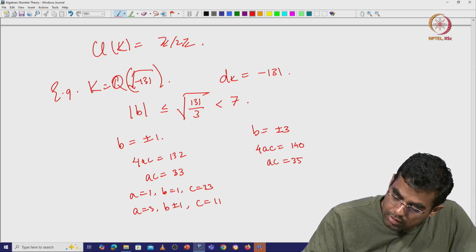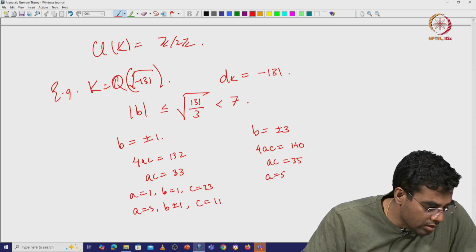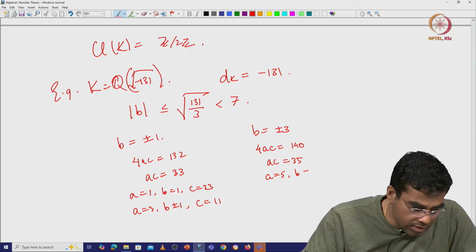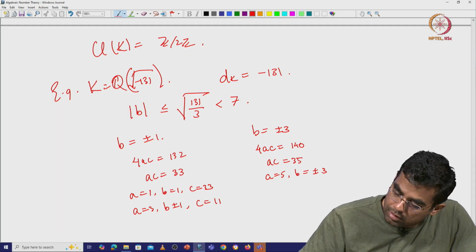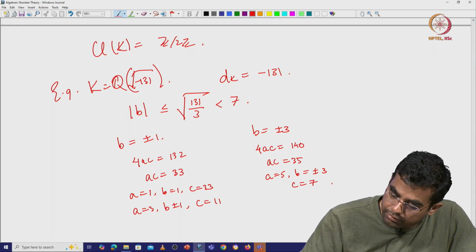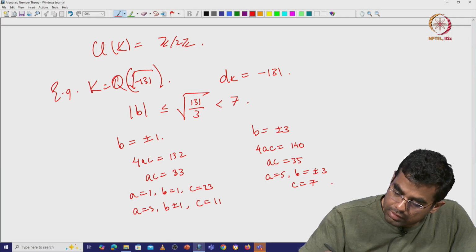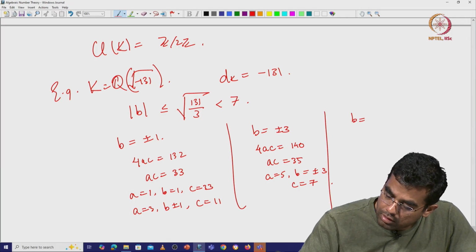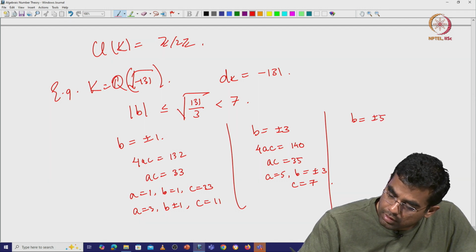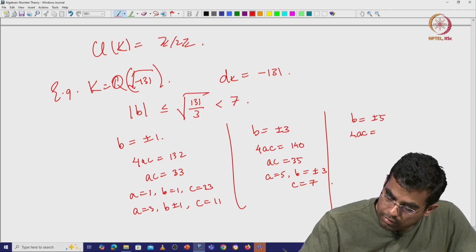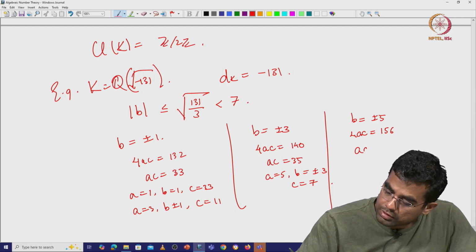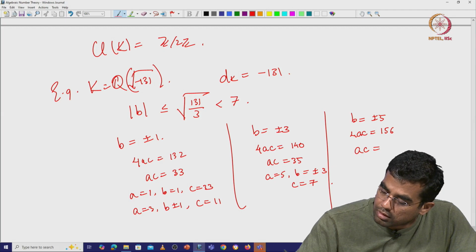So A is 5, B is equal to plus or minus 3 and C is equal to 7. So that works. Or you can have B to be plus minus 5, in which case 4 times AC is 25 plus 131, which is 156, in which case A times C is 39, and the only factors of 39 are